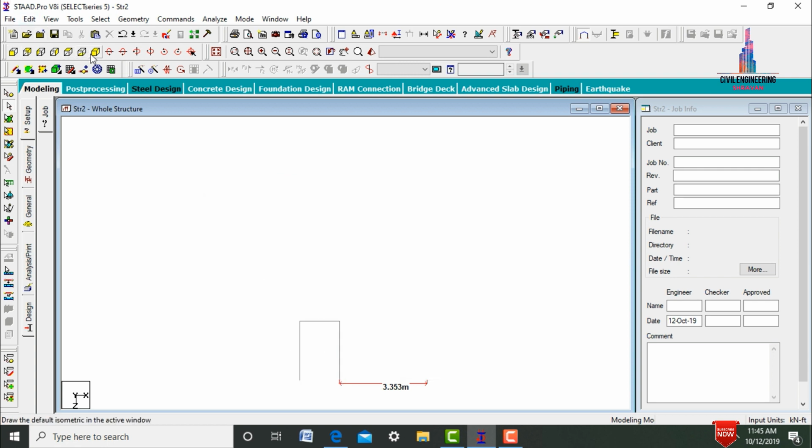So after that we need to add the shear wall section for this respective 3D structure. So for that initially we need to select add surface command, select the first point, select the second point, select the third point, again select your fourth point, again come to the first point. So in the same way we need to add the shear wall for the left hand side section also. So in the same way we need to add the shear wall at the front side section.